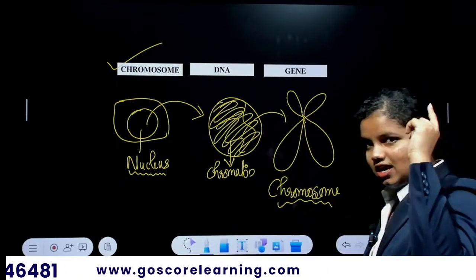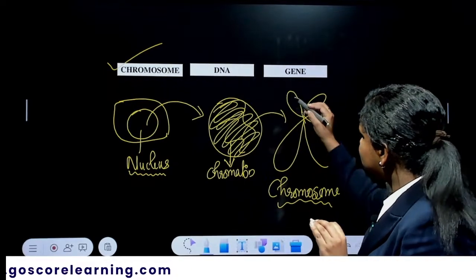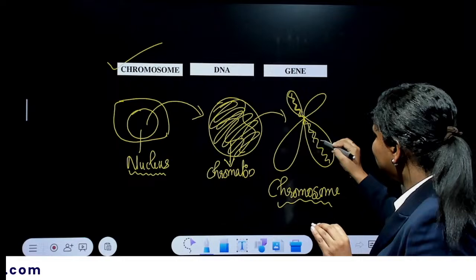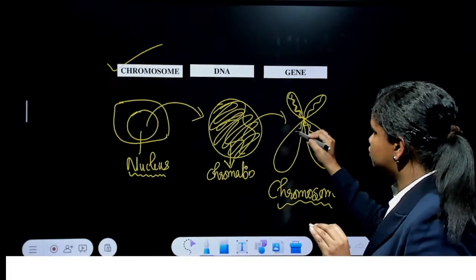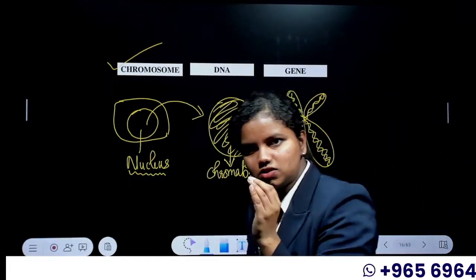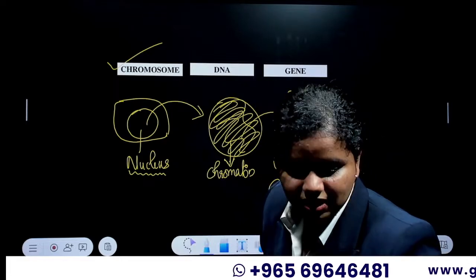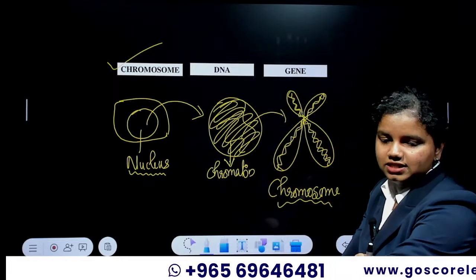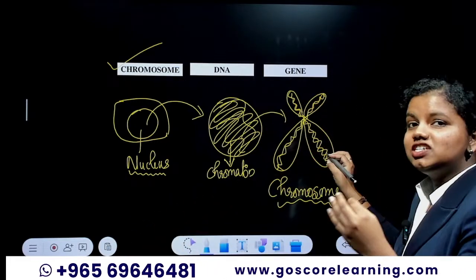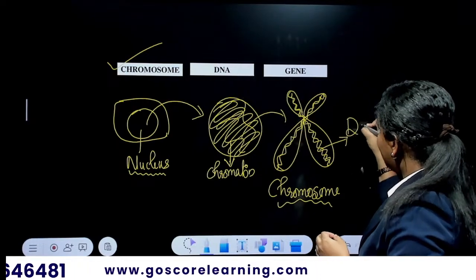And when I'm taking a look into the chromosome, I'm able to see some sort of helical fibers inside this chromosome. What are these things? What is this helical structure that you can see inside the chromosome? Be active in the comment section and tell me. Yes, this helical structure inside the chromosome is what you call DNA.